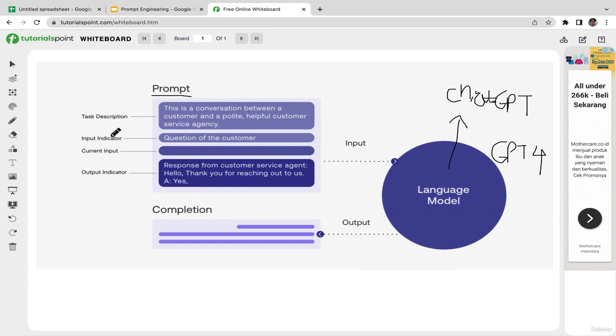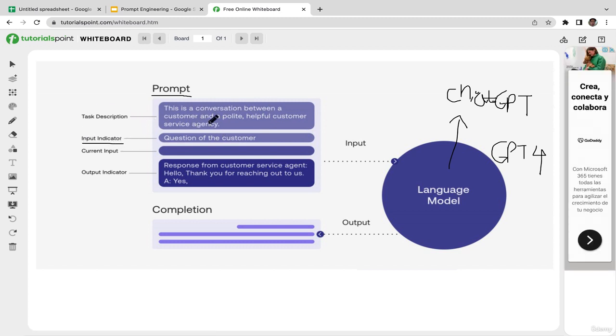to initialize the conversation, the user needs to enter the prompt, right? This is just an example: this is a conversation between a customer and a polite, helpful customer service agent. The input indicator is simply a specification about what type of input this is, for example, questions of the customers. All right. So the first thing, when the user enters this prompt, it will be taken to this